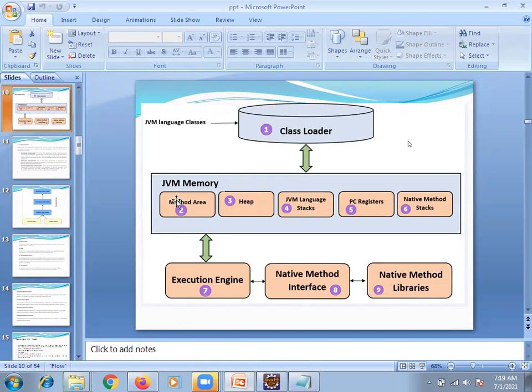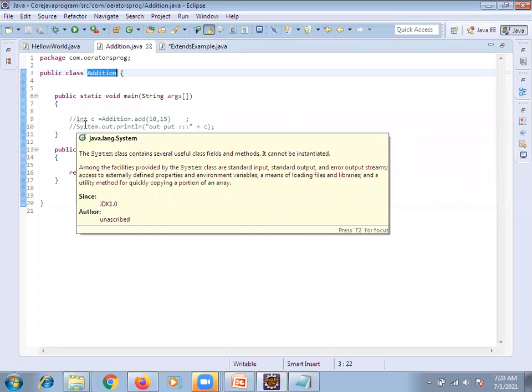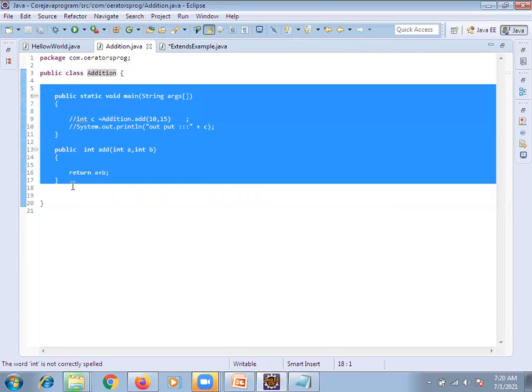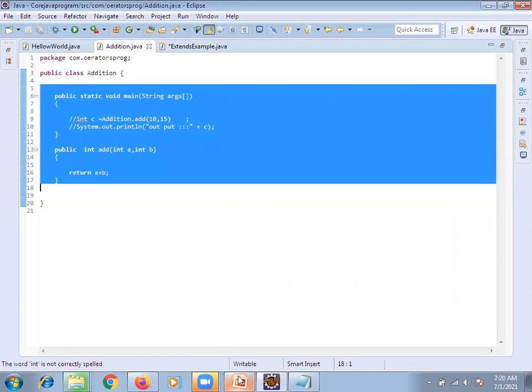The actual class methods go here. The object class will come here, meaning the reference object we are going to use. So the object class methods go to the heap area. Whatever logic the object class has, all will be allocated to heap memory. This is the step I am explaining.